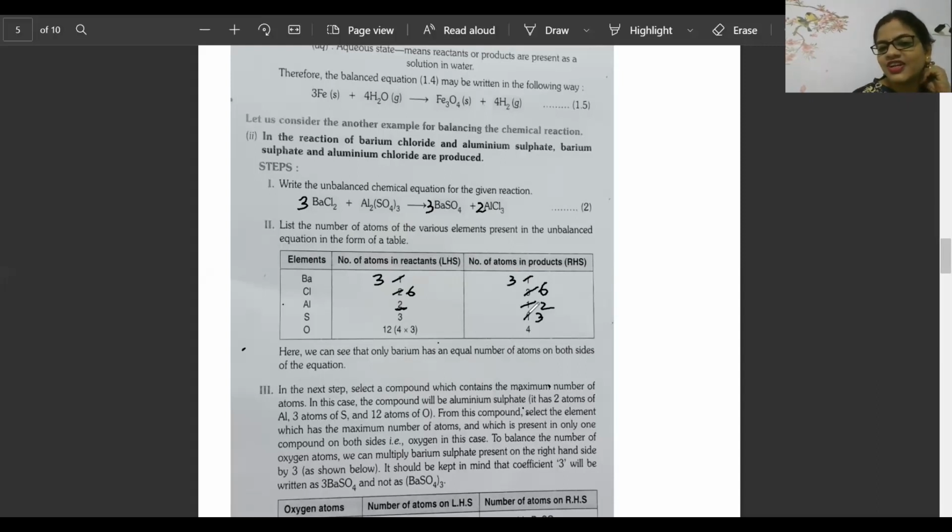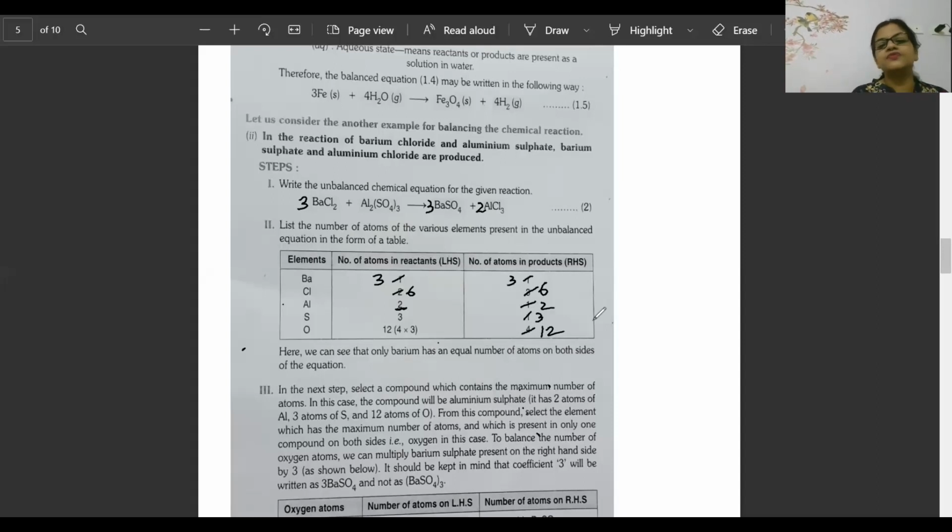That means the new sulfur number is 3. What about oxygen, dear? Is oxygen balanced? Akshaya gave the answer: yes, oxygen is balanced. Oxygen is 12, so the new oxygen number here is 12. Now we are not touching it. Ajay has given the entire equation. Super. Now tell me, is it balanced? We are not going to touch it.